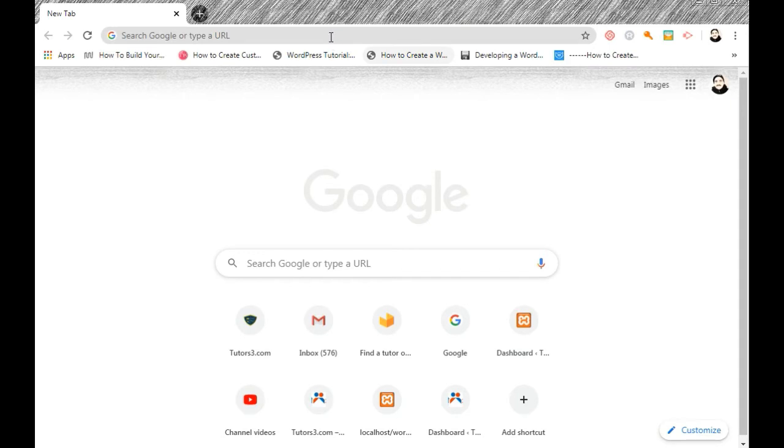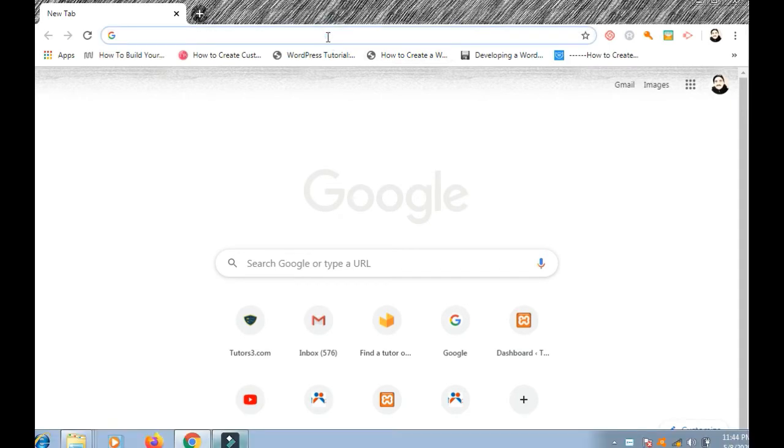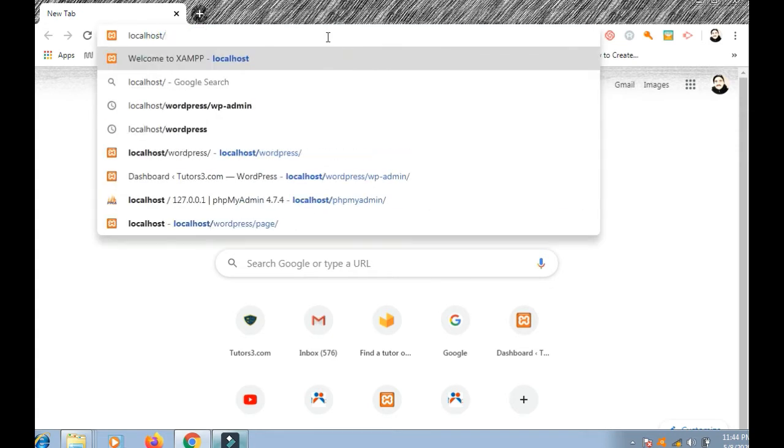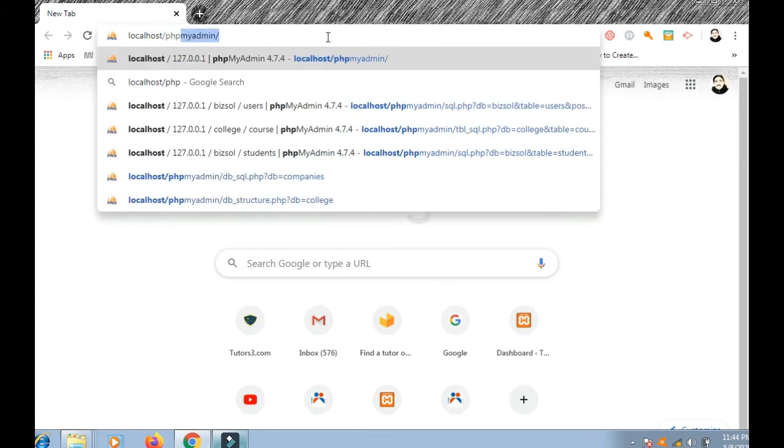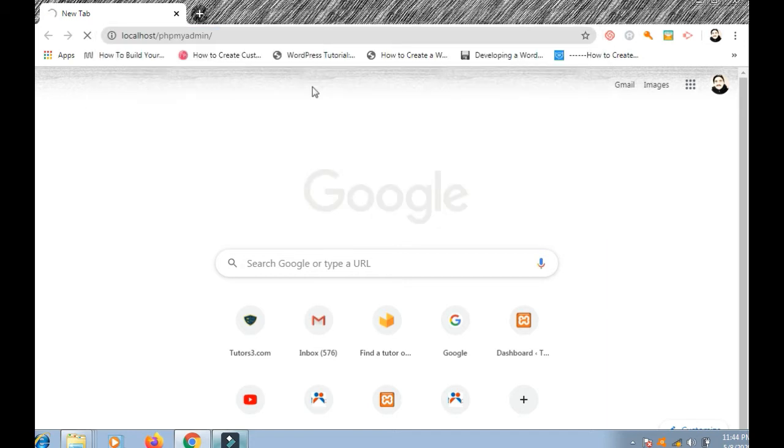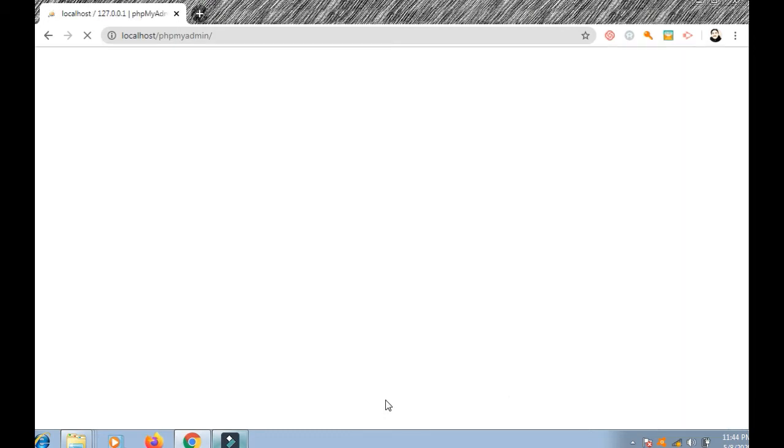Go to localhost and write phpMyAdmin, and press enter. I think we should start SQL first. Okay, it has been started, right?